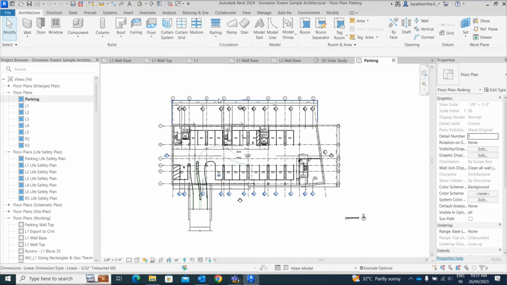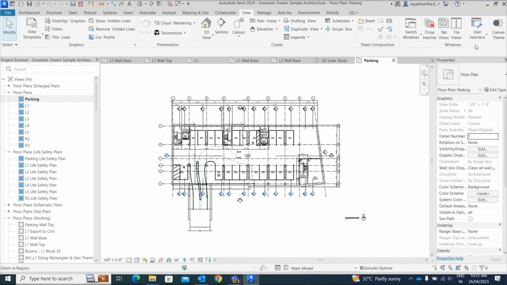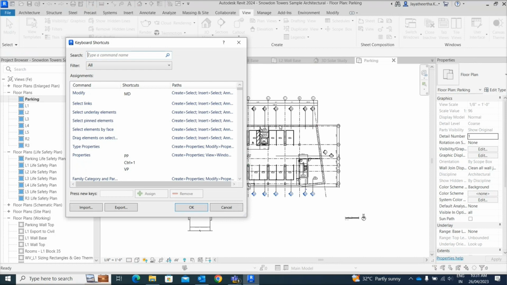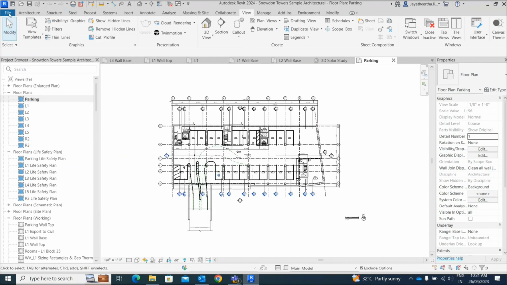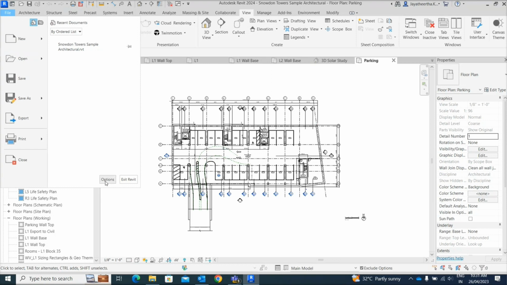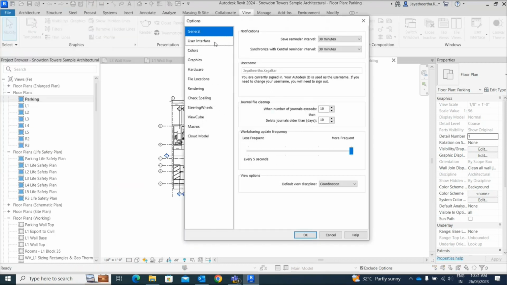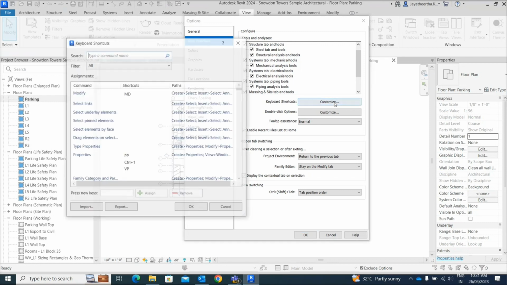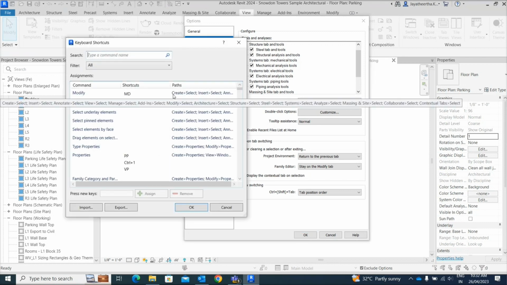So if you want to access the keyboard shortcuts in Revit, you can go to View ribbon and then select User Interface, and then here you can select Keyboard Shortcuts. Another way to access the keyboard shortcuts is you can go to File, then Options, and then User Interface. Here you can select Keyboard Shortcuts and then click on Customize so that it will open the keyboard shortcut